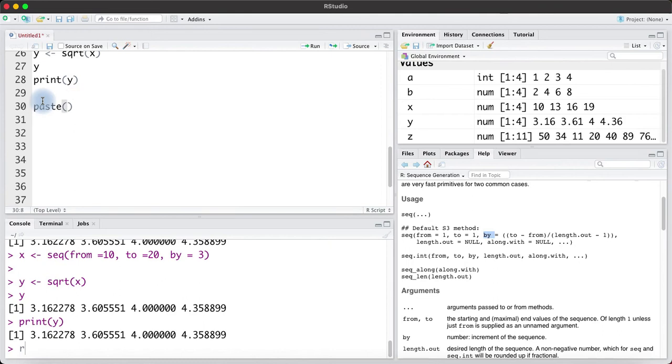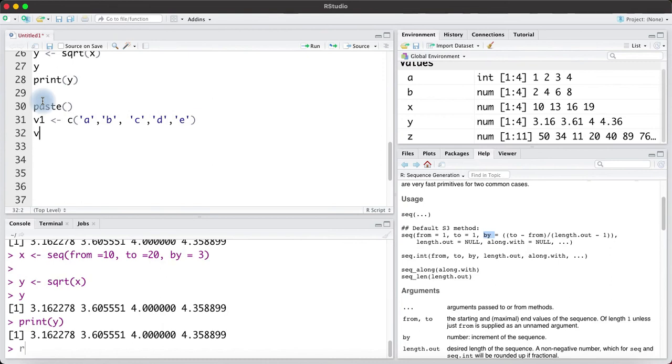Let's say you have vector 1 with the elements A, B, C, D,